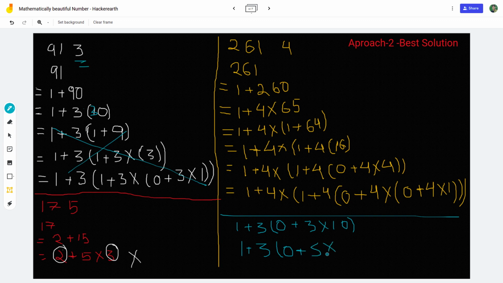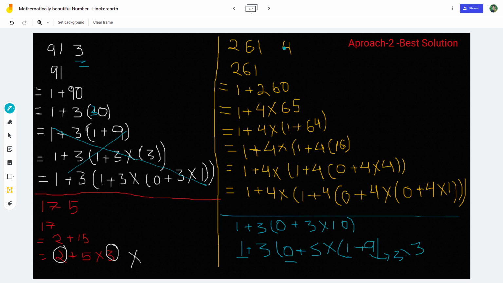So again now for 10, what we can write is 1 plus 9, correct? For 9 we can write 3 into 3. So you can see here either we are getting remainder as 1 or 0. Let me try to explain this more. I know you may not get what I'm trying to say, so just try to understand this also.